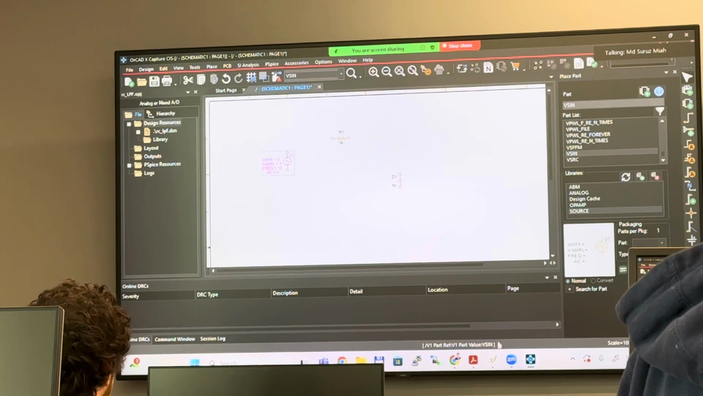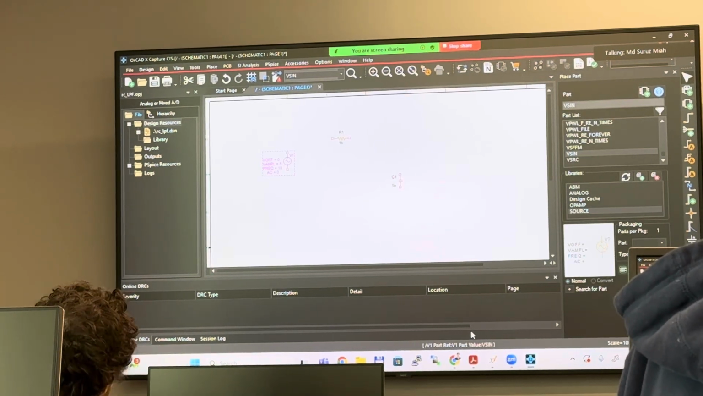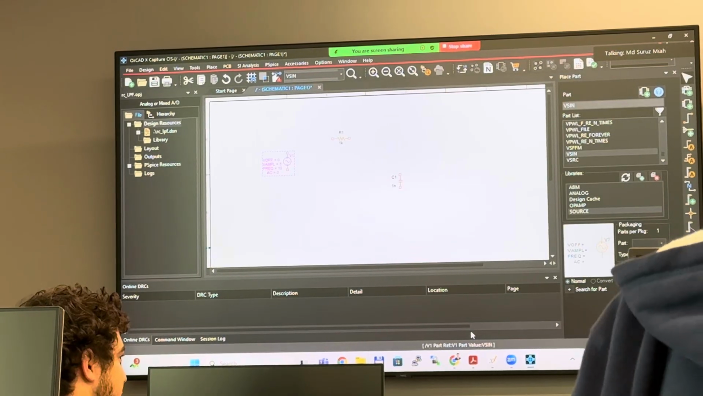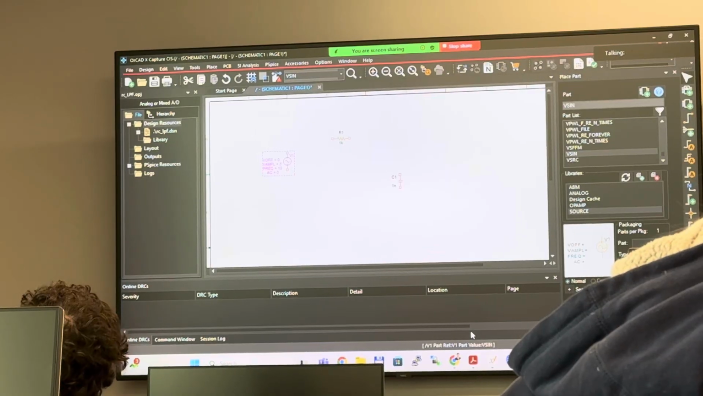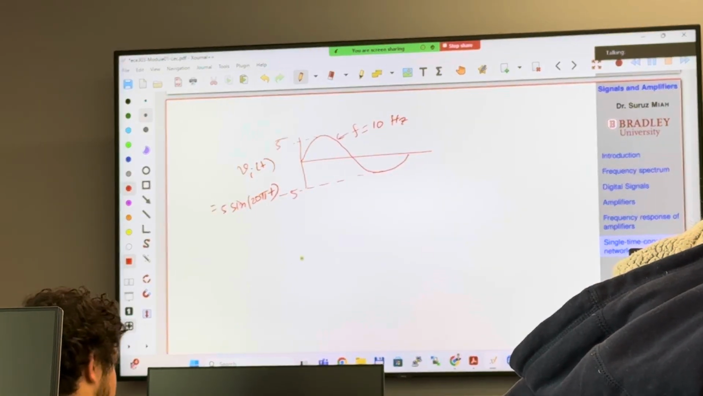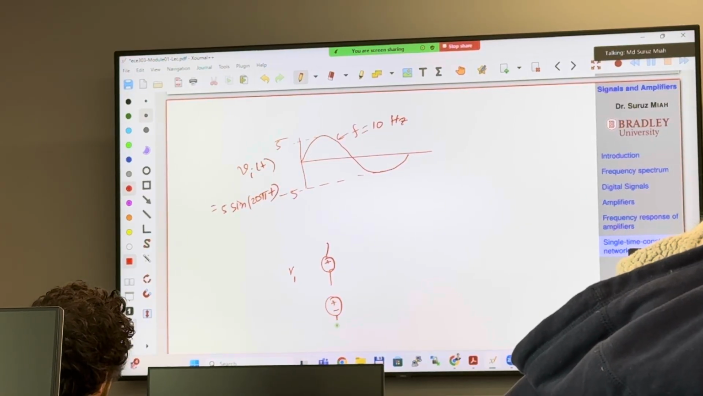How many sinusoidal components do we have? Three sinusoidal components, and they are added together. So how do you add voltage sources? If you have one voltage source, positive, negative, V1, and another voltage source, positive, negative, V2,